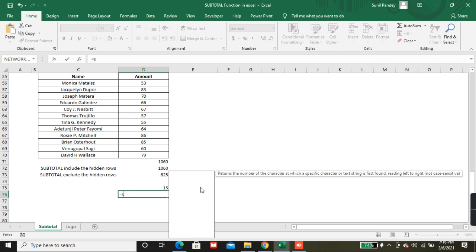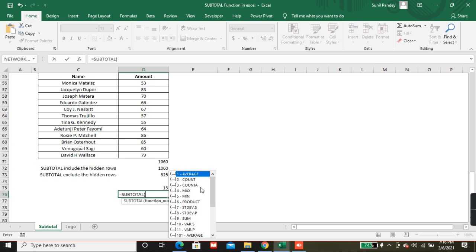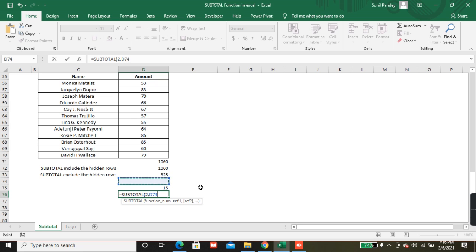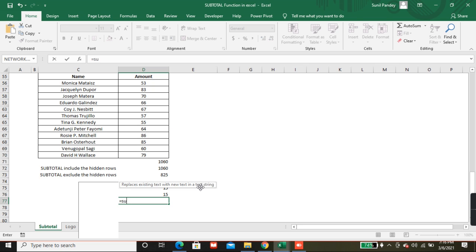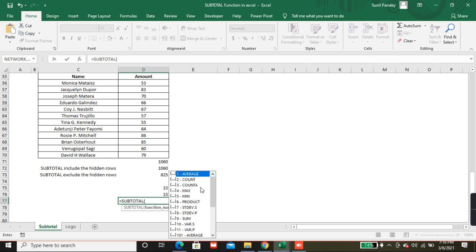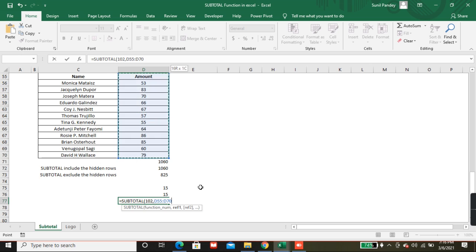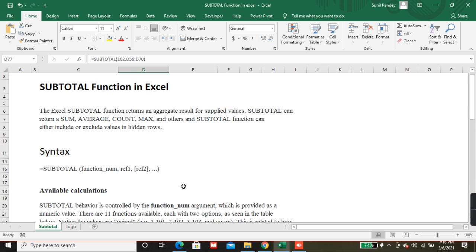So I'll put subtotal 2 for include, same result, and here subtotal 102 for exclude, see 12. So this is the benefit of the subtotal formula, and it is very useful.